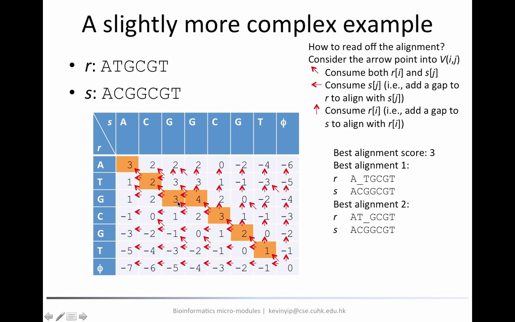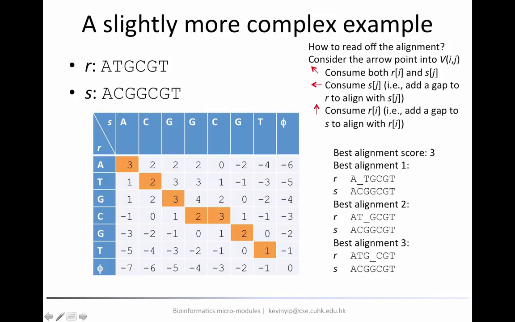Then we're going to get the second solution. Notice that the gap position is now at position 3 rather than position 2. And finally, if we follow that same path, but at number 3, we actually follow the diagonal path rather than the horizontal one, then we're going to have this third solution, and the alignment has the gap at the 4th position. Now we complete the whole traceback procedure. So now we have both the best alignment score and all the best alignments that can lead to this score.